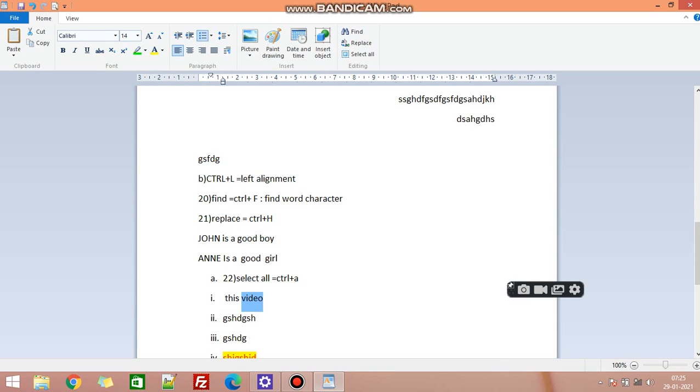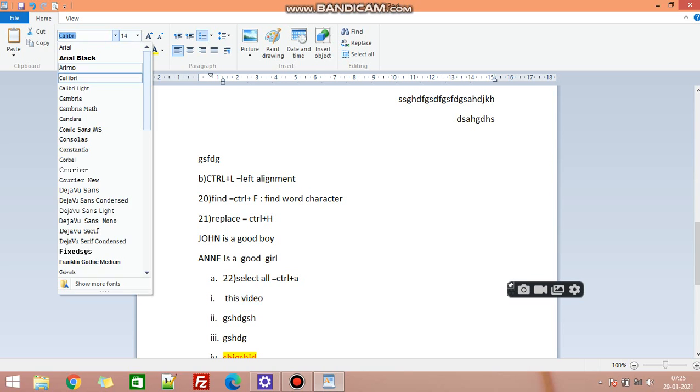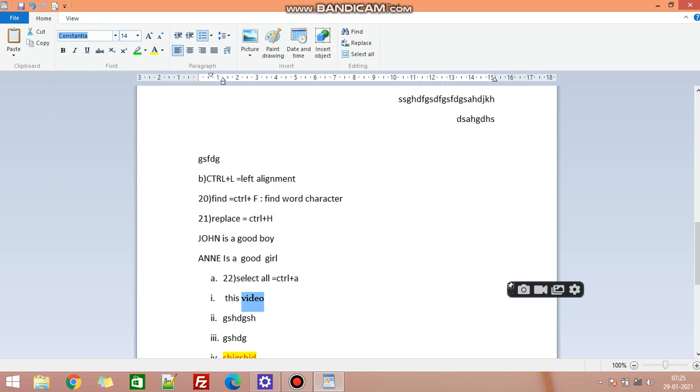One thing is also here. If you want to change font size, type, name, something here, you can do all this. This one, what you want? This thing you can do. All these things we can do by the mouse itself.